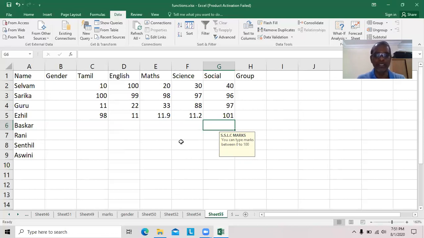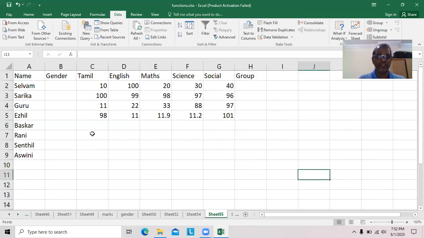It shows retry, cancel. If you select warning, it will accept wrong entries also, but it will show yes, no: do you want to continue? Along with the yes button, a no button. If you want to continue with the wrong entry, click yes. If you don't want to continue with the wrong entry, click no and then enter the correct entry. Information accepts the values, whatever you type, either correct or wrong. It does not bother whether it is correct or wrong, but it will show some message saying the value you entered is not correct.